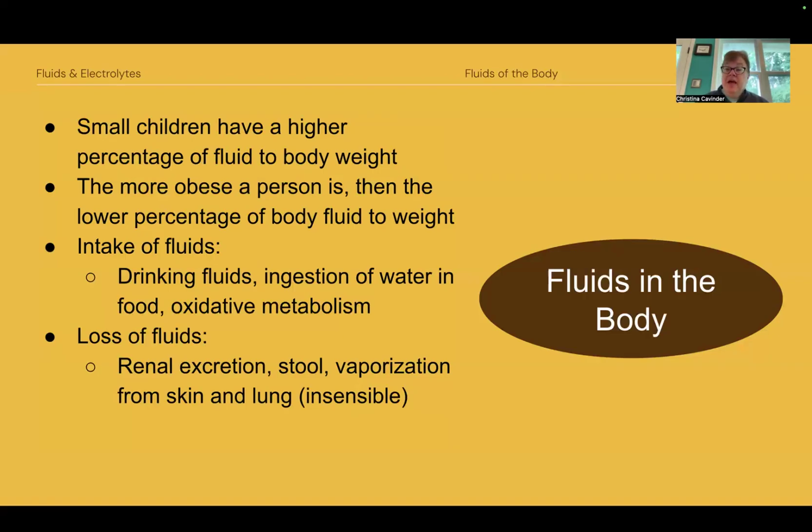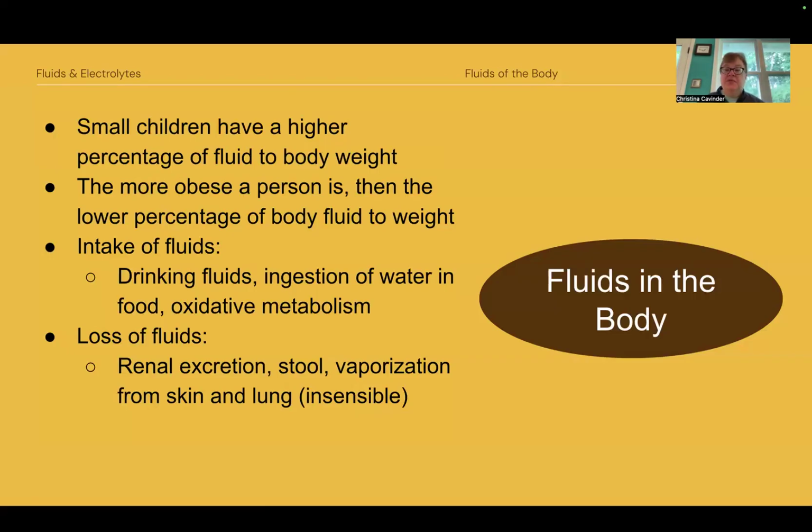So babies have a higher surface area to body weight, so they will lose more water easily. So it's not unusual. Actually, we want newborns to lose water, because if they don't lose that extra water, then it accumulates around their lungs and we have some issues with breathing. So we do like them to diurese after birth,